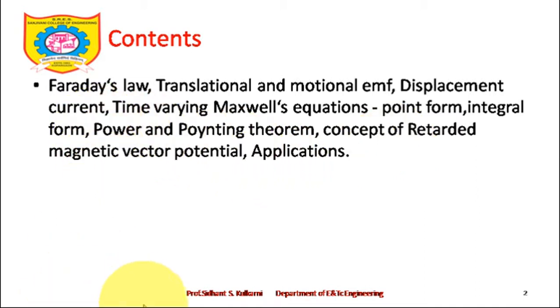See, this is a very important point from the examination point of view. Almost any question paper you take from university, you won't find one without this particular power and Poynting theorem. One important point about this subject: power and Poynting theorem can be asked under 6th unit also, or under 4th unit also. It depends on where the examiner would wish to ask, but the derivation remains 100% the same.